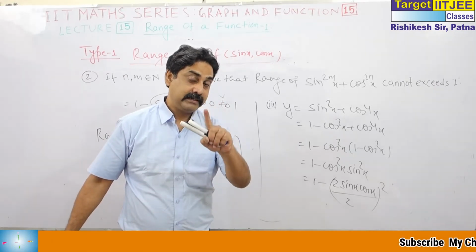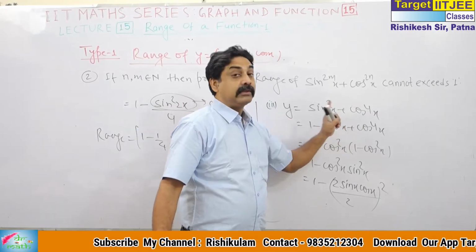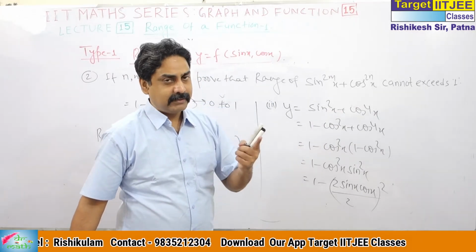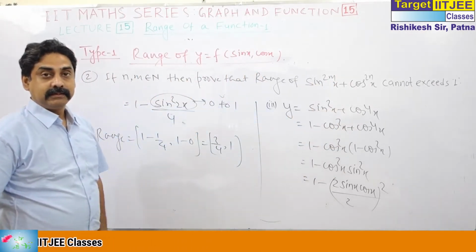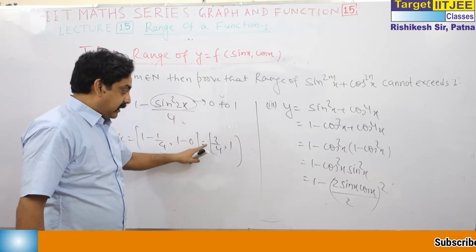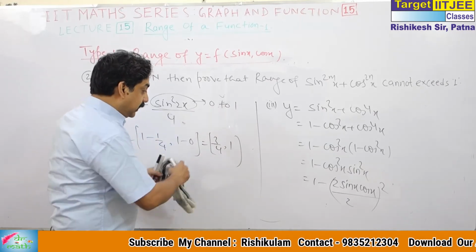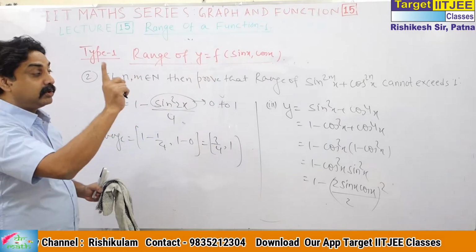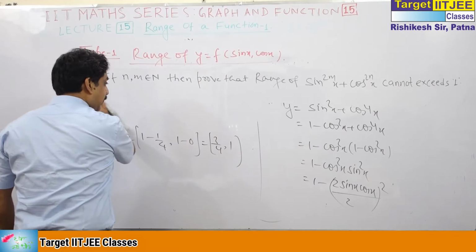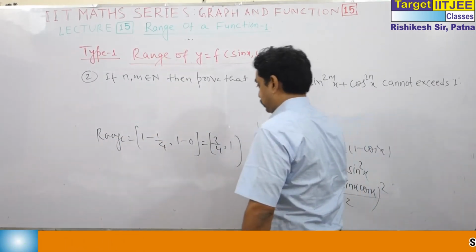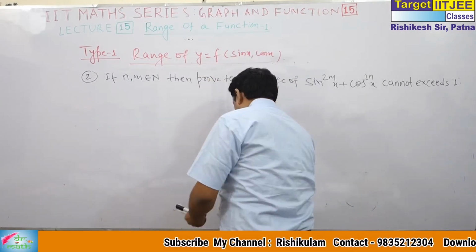So there is a conclusion. When we have to add terms of sine and cos with even power, it may work in odd power, but normally we talk about even power. In even power, its value cannot exceed 1. We do not know the minimum values. In one case the minimum value is 1 by 4, in this case 3 by 4, in one case it will be 1 by 2. Minimum will change, but maximum is strict to 1. So what we have to prove? We have to prove the range cannot exceed 1. Its maximum value is 1. Or you can write the question also as its maximum value is 1.